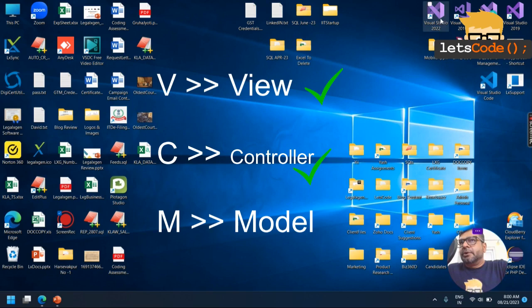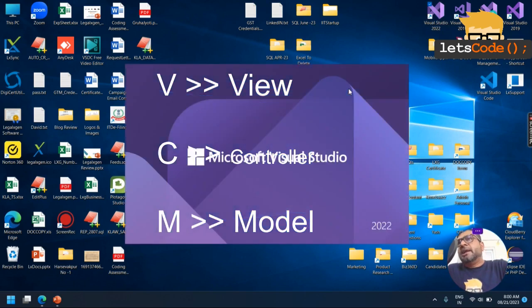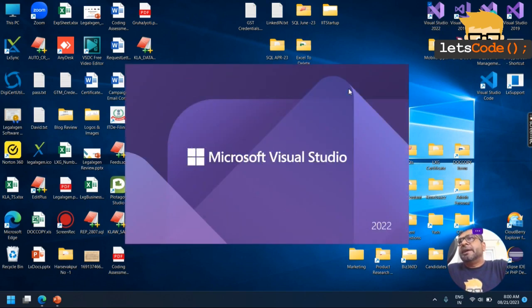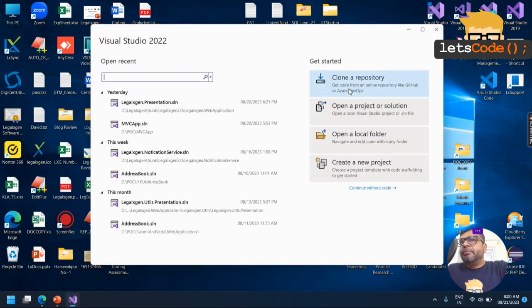In this view, I'll just try to brush up once, plus we will start using the model concept as well. I'm going to launch my Visual Studio 2022. And one more request I have for all of you: don't try to jump straight away into the database operation and all. I have seen people having lots of fascination with doing the advanced thing in the beginning. Believe me, if you are good at basics, then advanced things are going to be super easy for you. But if you are not good at basics, you might or might not do the advanced thing. So please follow it step by step, and definitely you would be able to make a complete app.